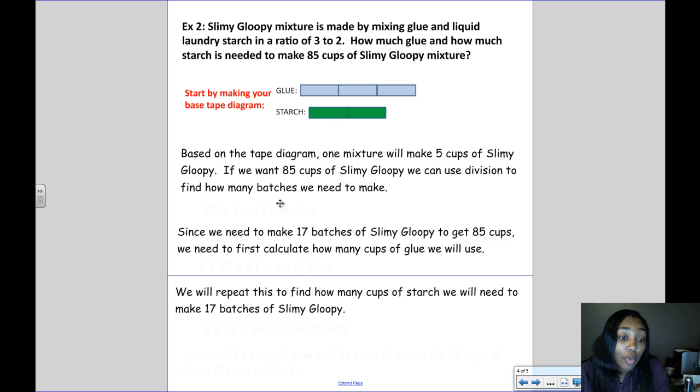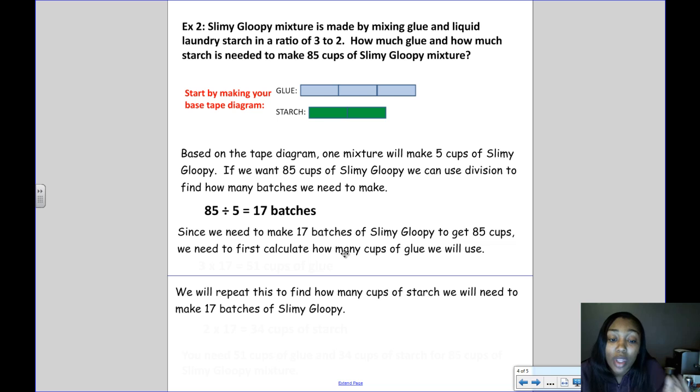So the first thing we need to do is figure out how many batches we're going to have to make. Well, if we take our 85 that we need and we divide it by the 5 cups that each batch will make, it means that we're going to need to make 17 batches of this slimy gloopy. So if we need to make 17 batches to get 85 cups,